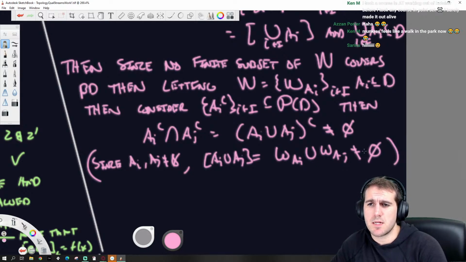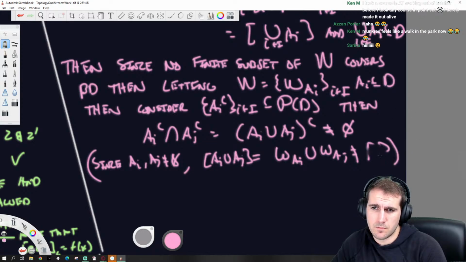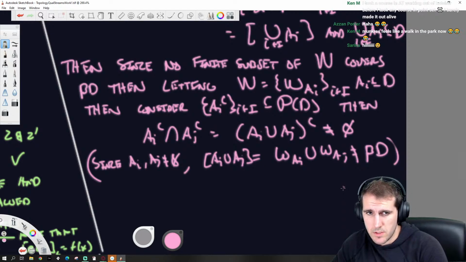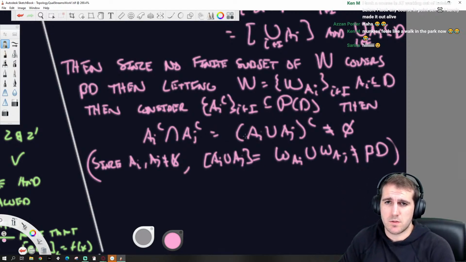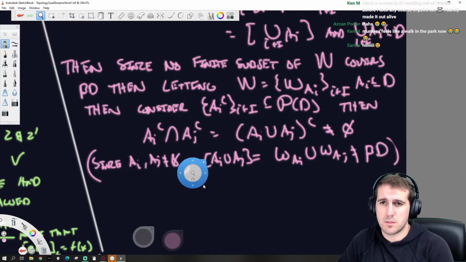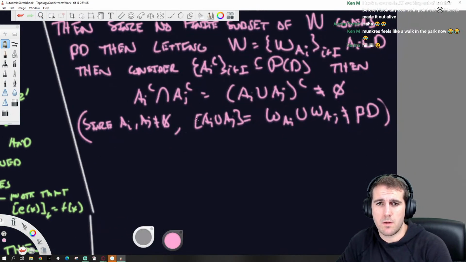Or in particular, that's not what I want. I want that the union of those two things does not equal all of the ultrafilters on D. So there's a set that it misses, right? So this complement is not equal to the empty set. Okay, cool.